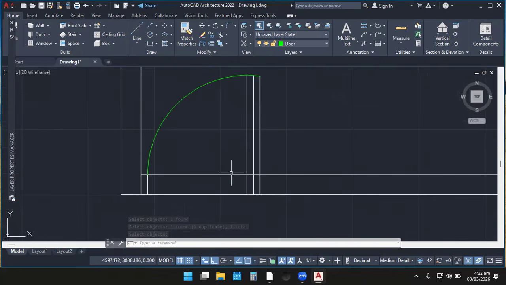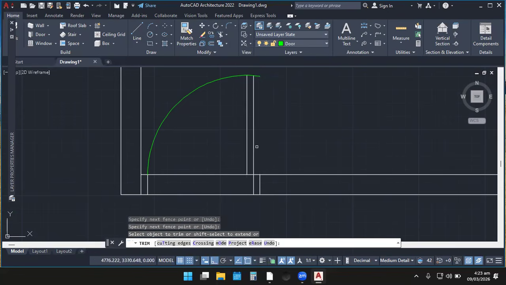So now that I have erased, you see that we are still forming a door. We are still in the trimming process. So I still select the trim. I'm going to trim this. And I trim this also again. So I'm going to trim this spare one. We say that the dimension we selected for our door is